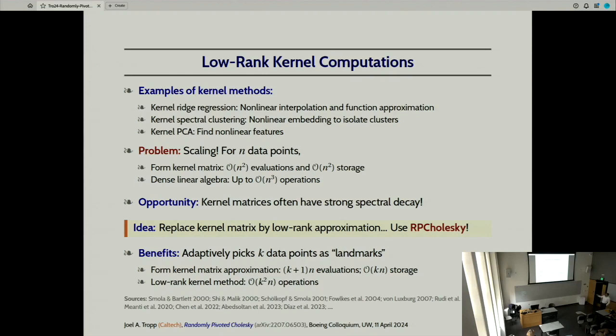And moreover, solving these linear algebra problems with this low-rank matrix, which you've presented as a factorization, only costs k squared n operations instead of n cubed. So think about k as 100, even if n is 100,000 or 1 million. All right, so there's a huge benefit here. And this algorithm somehow provides guarantees on the quality of approximation and allows you to scale these kernel methods to larger data sets. So I'll show you an example and then we'll wrap up.